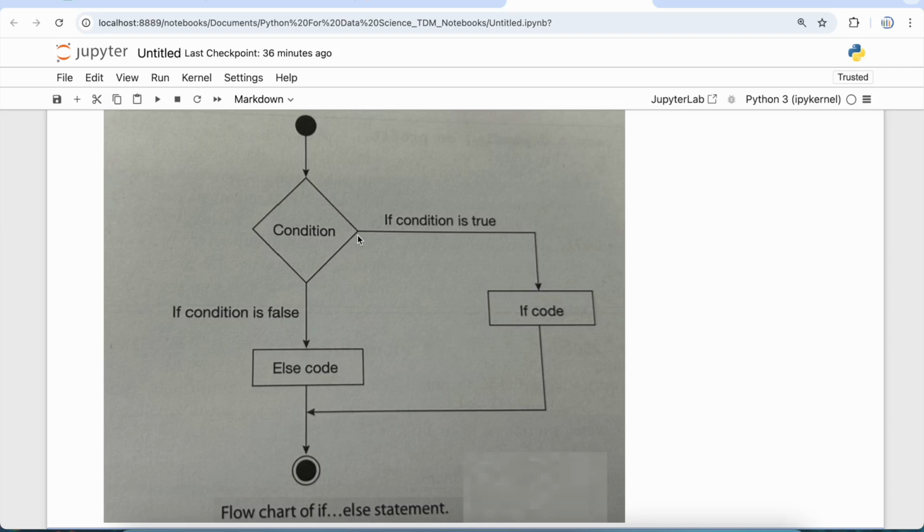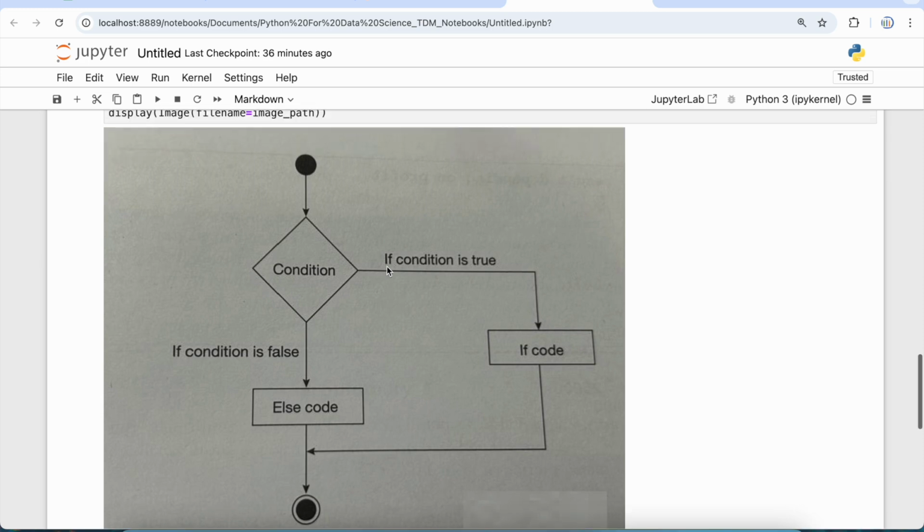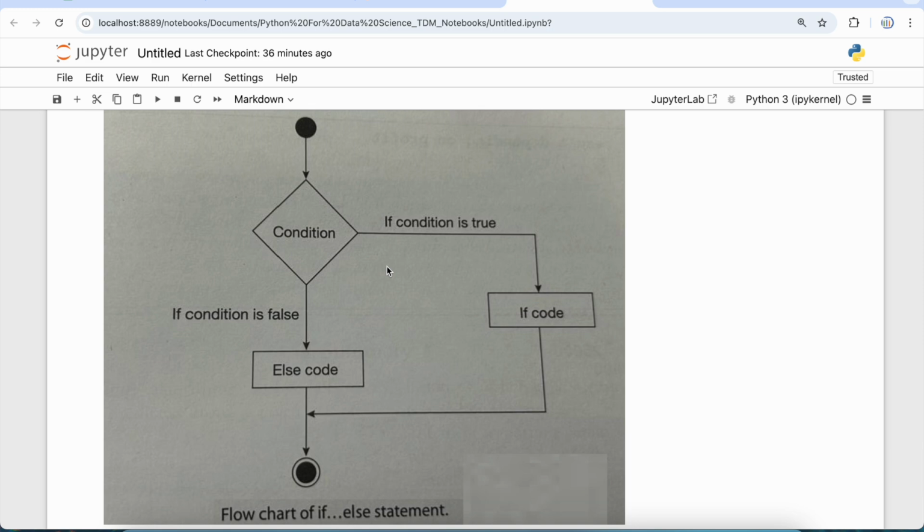So let's assume an example, or before assuming an example, let's understand this flow chart in more detail. This flow chart is for the if-else statement. An if statement can be followed by this optional else statement, which is executed when the boolean expression is false. If the boolean expression evaluates to false, then the first set of code after the else statement